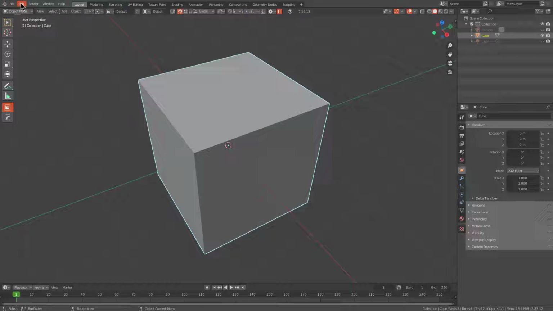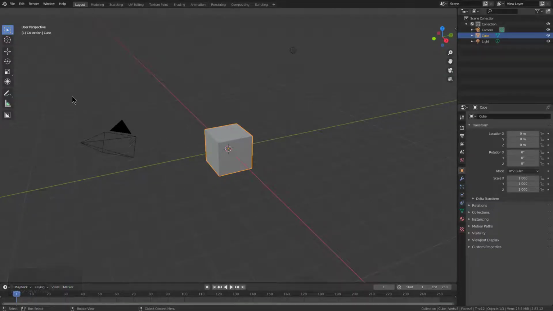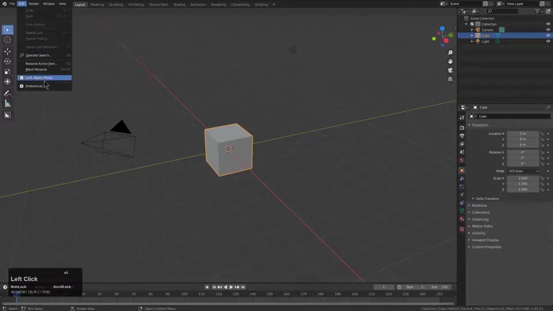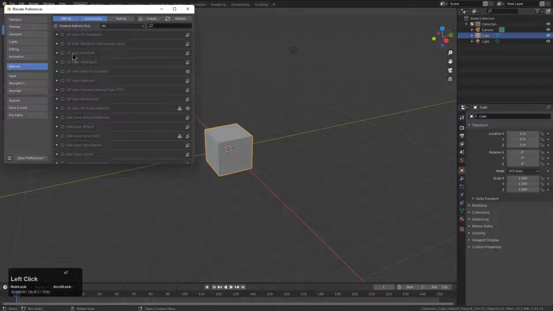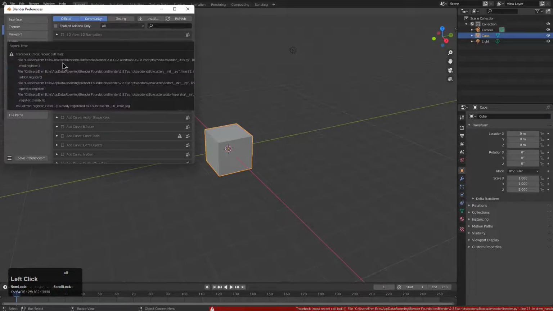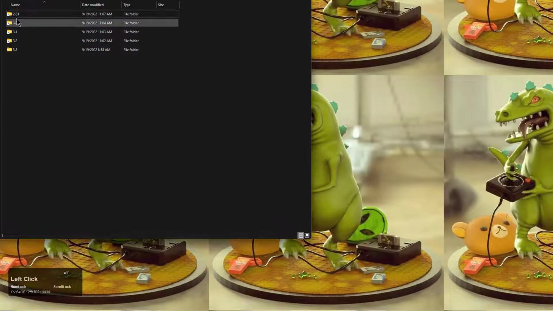But let's find out. We are going to click on File. We're going to load factory settings. By loading factory settings, we have now eliminated the possibility of it being something related to Blender. However, it could be just Blender, but we're also narrowing it down. So we see also that it's not going to let us enable this due to this already being registered as a subclass. So more than likely, in order to get this working, we are going to need to close Blender,